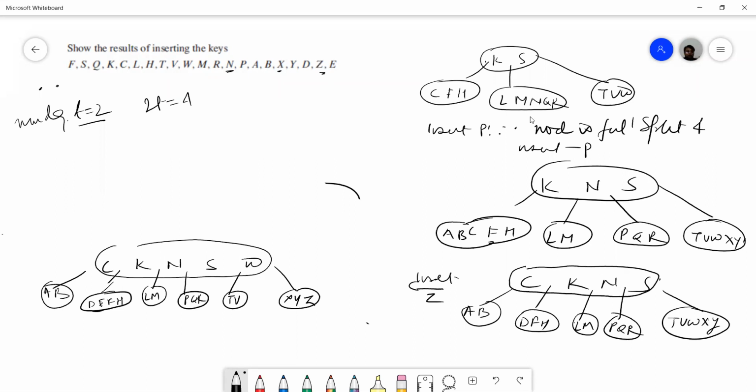Now we have to see B-tree deletion, but before that, we'll see the proof of the height of a B-tree. Because again, deletion is different. For deletion we will use the deletion we studied earlier, because deletion does not have any effect on the structure of the B-tree. So that deletion process that we studied earlier, we'll use here. I will share those notes and I will explain to you.